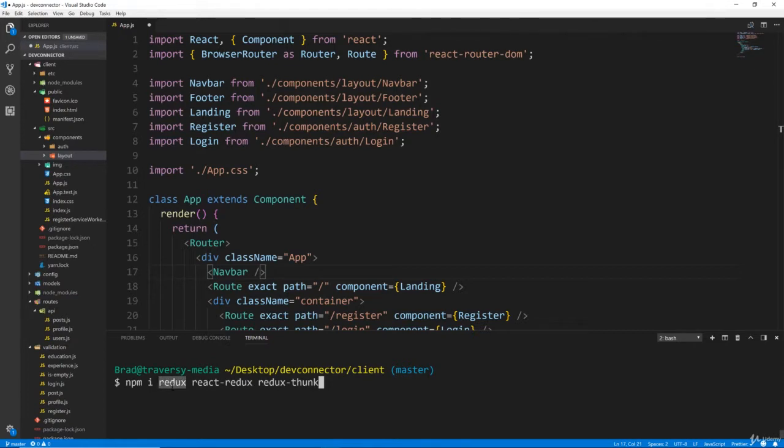Now you can use Redux outside of React as well. It's not necessarily for React. It just works really well with React because we have the awesome React Redux library, which kind of glues everything together. Okay, and then Redux-Thunk is actually a piece of middleware that we're going to use. It's kind of hard